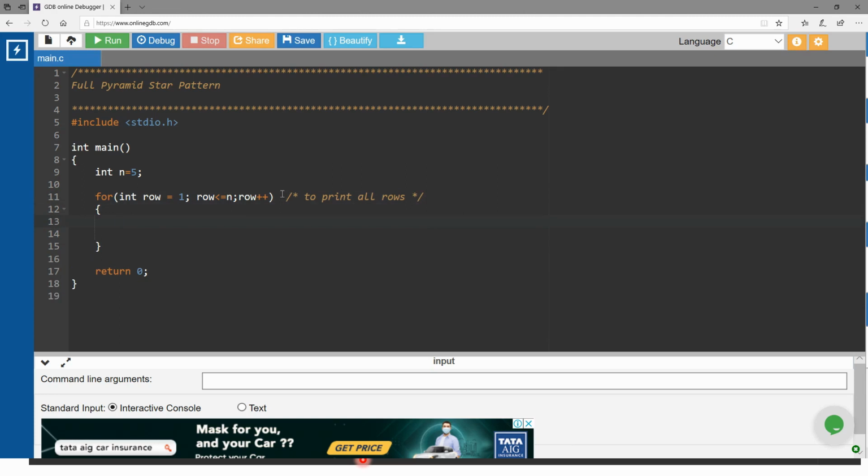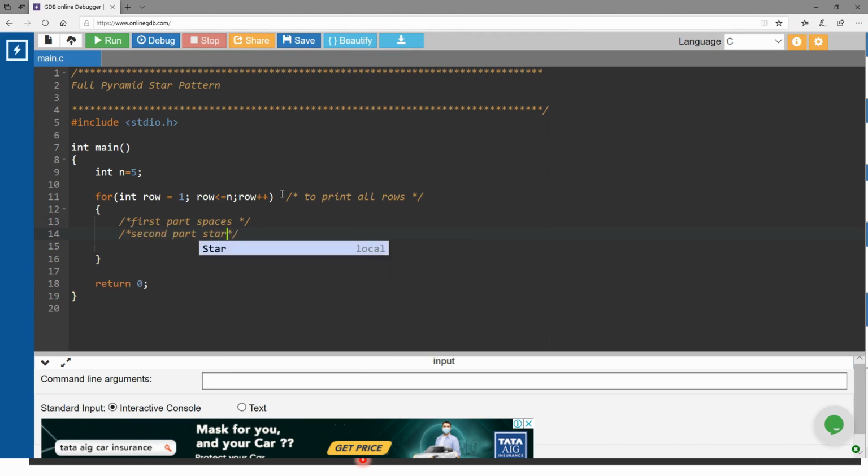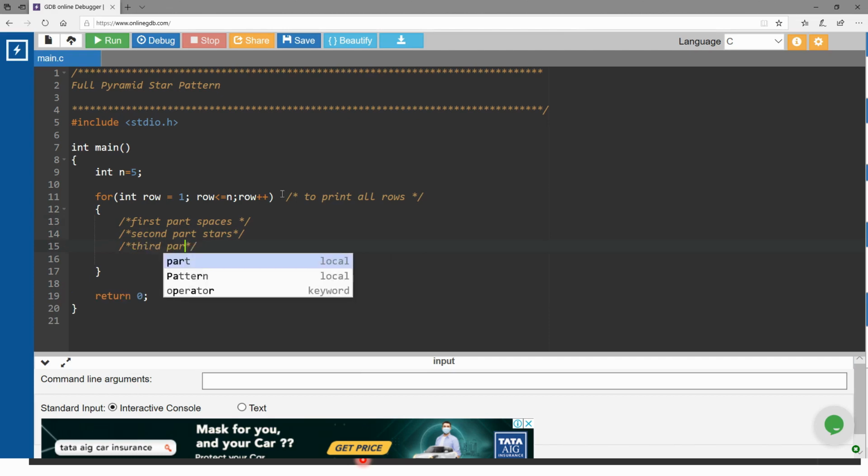Now one more loop inside this. Here the first part is spaces, then the second part is stars, and finally the third part is stars.